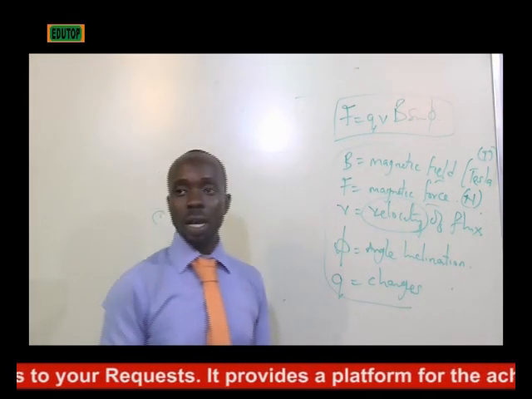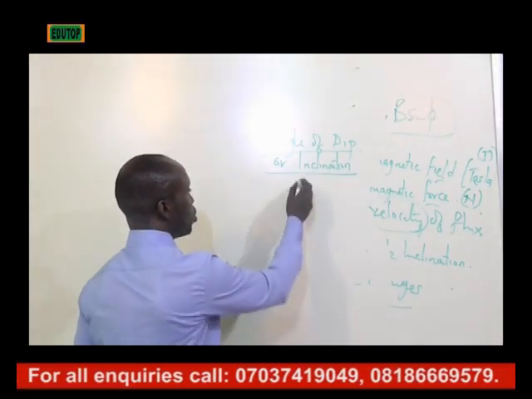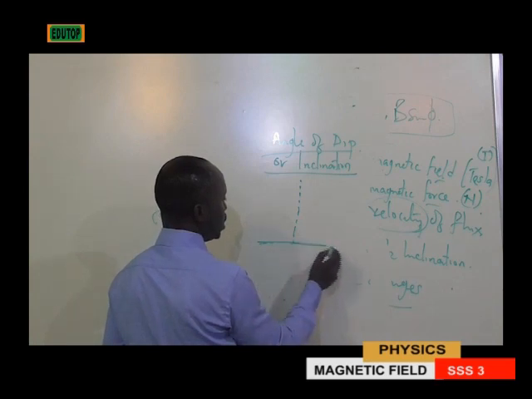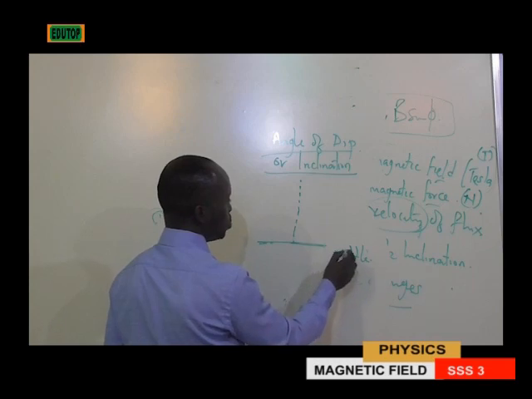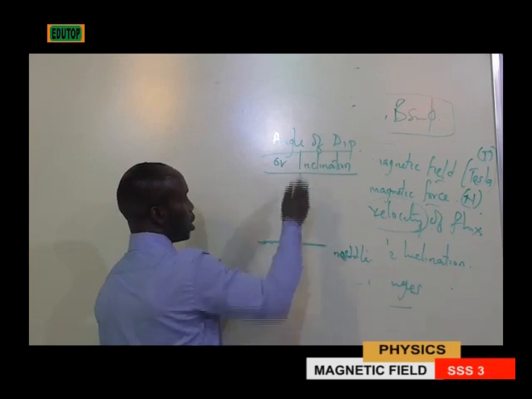Now let's start with a very good one, angle of dip or inclination. Now this particular question normally surfaces when it comes to WAEC. Now a uniform copper bar, which is non-magnetic, will stay horizontal if suspended at its middle. You understand? That is, if I have a rope that is suspending, let me use a needle. You all know what they call a needle. Now if I have my needle placed there and I took a small thread to hold this needle,